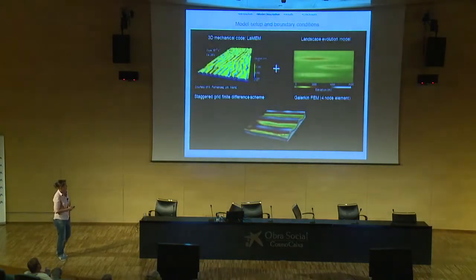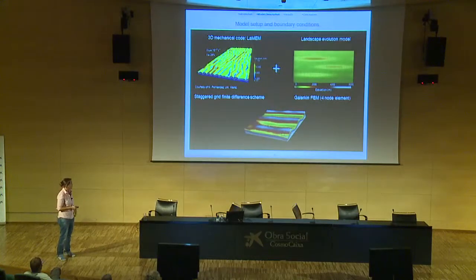As erosion and tectonics interaction are 3D processes, we have used a 3D numerical model developed by Boris Kaus and co-workers, which takes into consideration the variation of viscosity and density in the upper crust, that we have coupled to a landscape evolution model. The landscape evolution model considers sedimentation and erosion, and we consider both fluvial and hillslope processes.